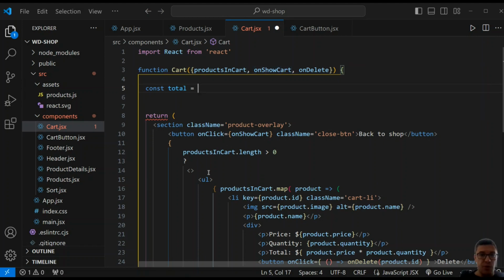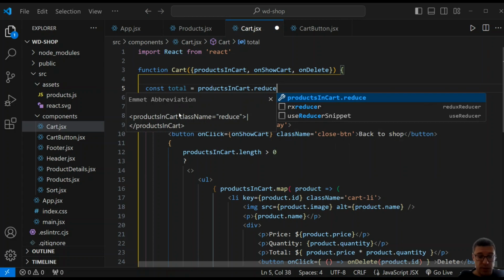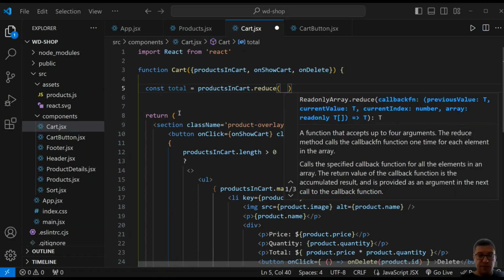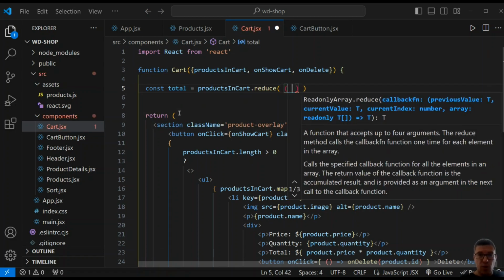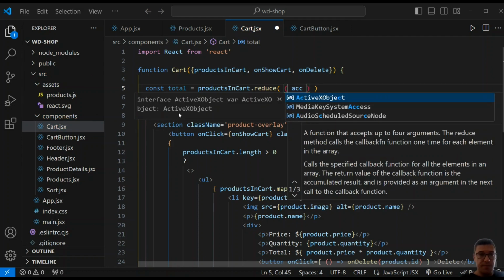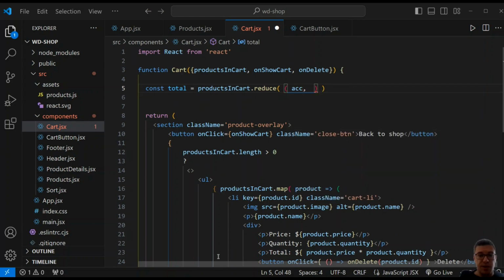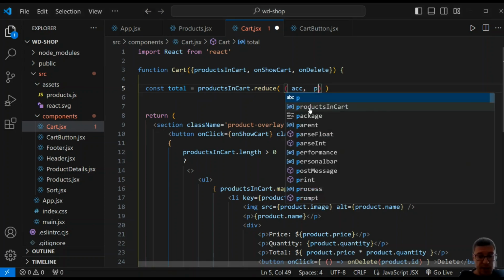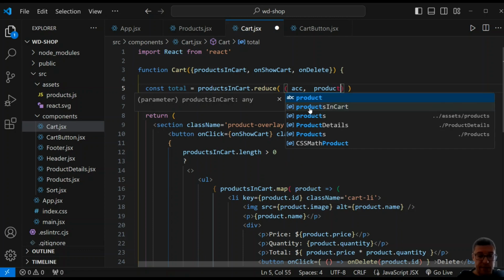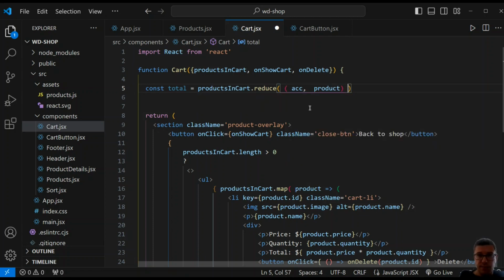We have our products in cart state which we are getting via props. So I will say products in cart dot reduce. I want to have the reduce method. As you saw, I need two arguments. First argument is going to be accumulator, and the second argument I will call product,